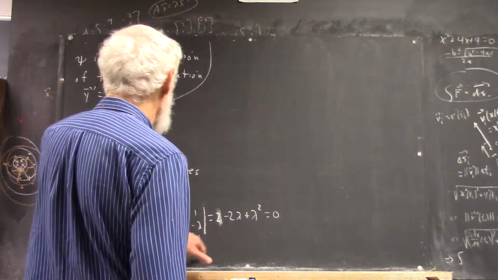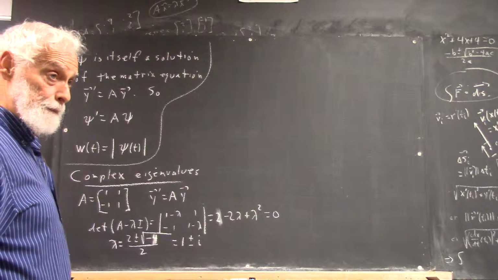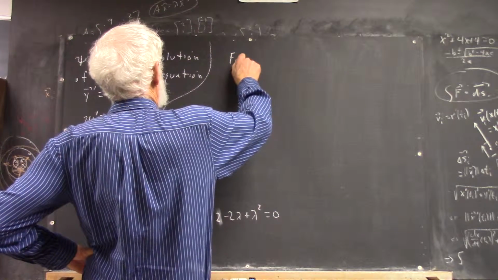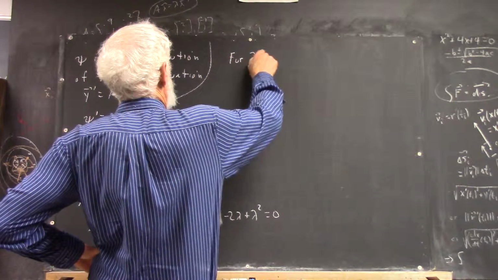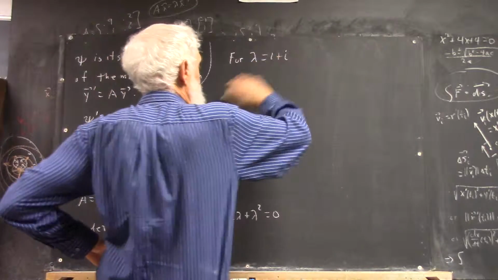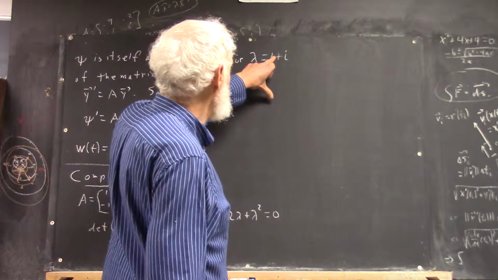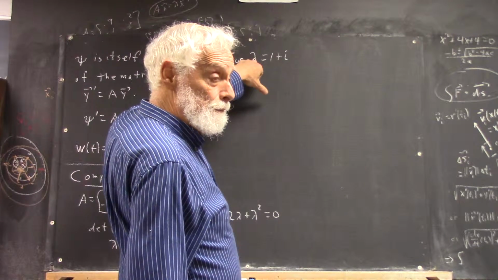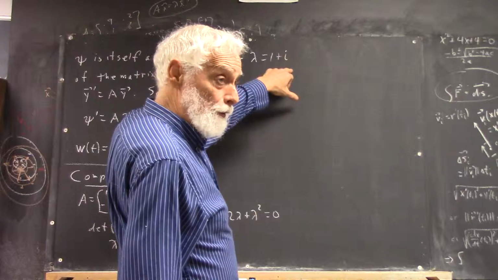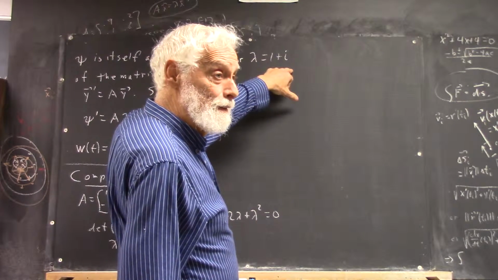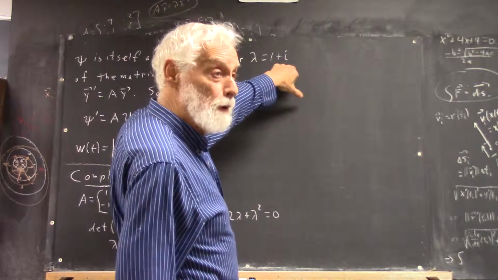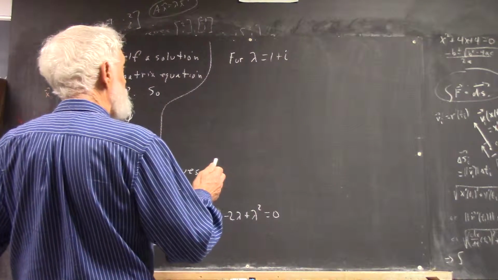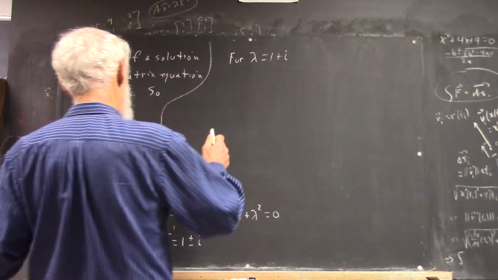Okay, so anyhow, we got 1 plus or minus I here, right? So, for lambda equals 1 plus I, we don't have to worry about a negative sign. And this is really all we've got to figure out, because the solution for 1 minus I is going to be easily identified from the solution for 1 plus I. You see? Okay? For lambda equals 1 plus I, we get